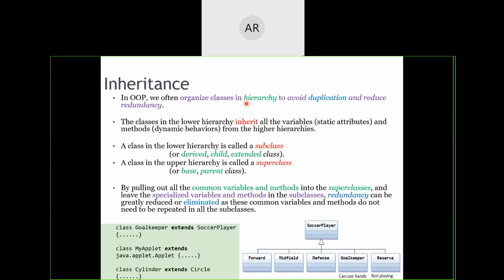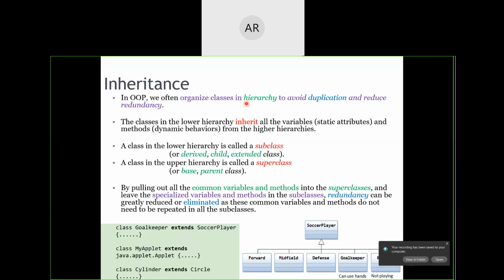Which will actually replicate our human nature. We'll have our grandparents, and then ourselves. Like a human ideology, like a natural ideology, we'll just think that, okay, that's a superclass, then it comes with a subclass, then it comes with another subclass, and the characteristics will be inherited one after the other. So it helps us in reducing the duplicacy and redundancy. We need not have multiple data stored onto our system and we need not have redundancy in our system.